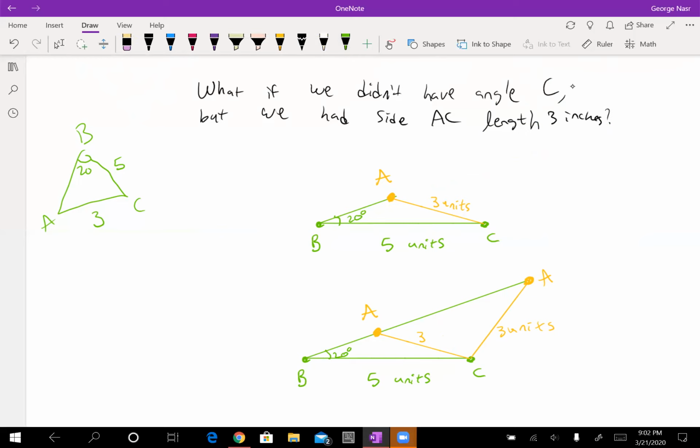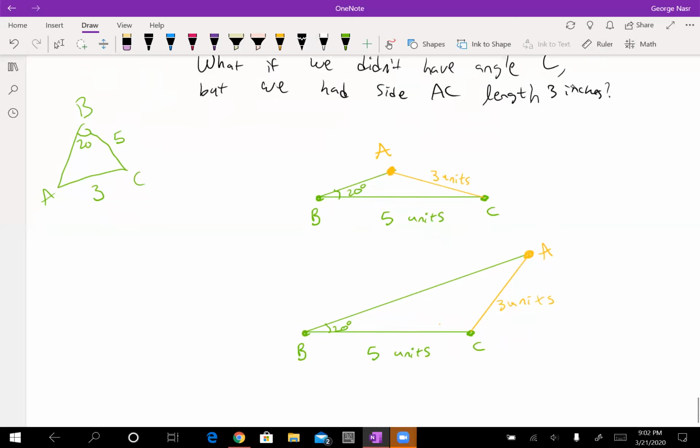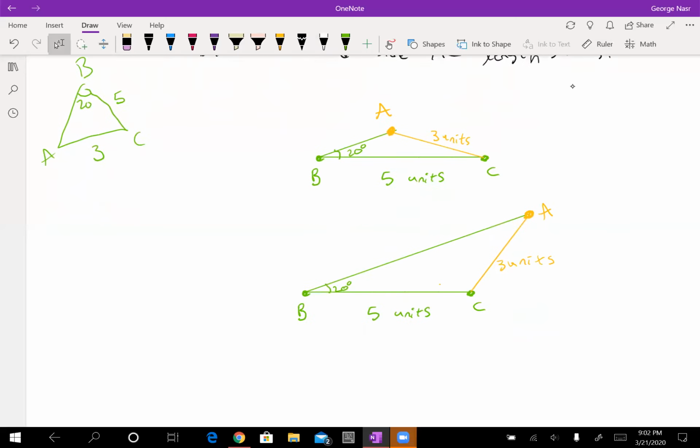But also, we could also construct that triangle. And these are definitely not congruent shapes, right? These are not the same shapes. There's no way I could just rotate, translate, whatever. There's nothing I could do to make these lie on top of each other. And so I have to now tell you,